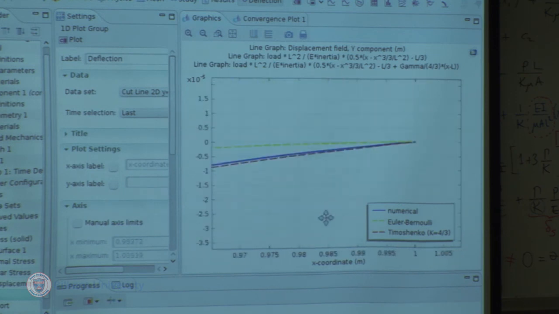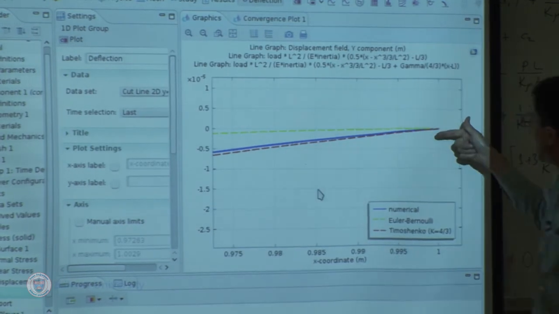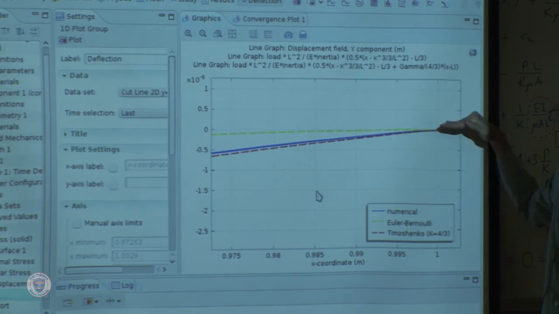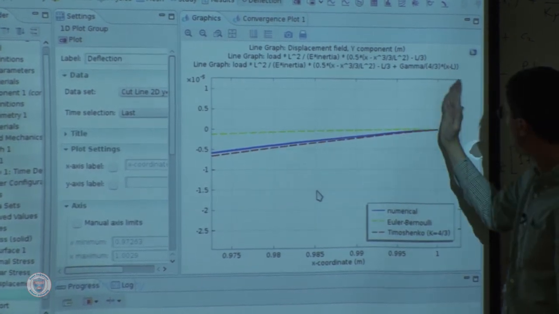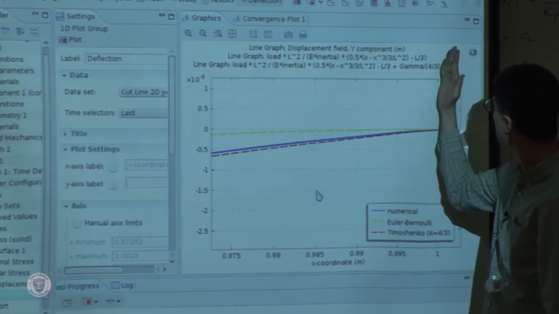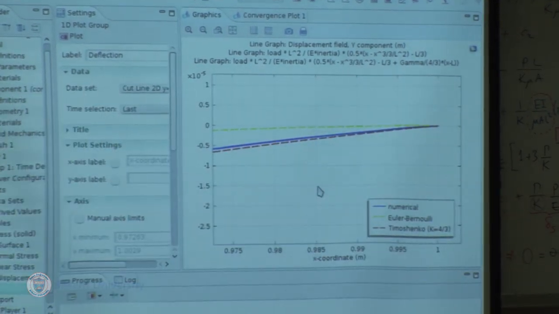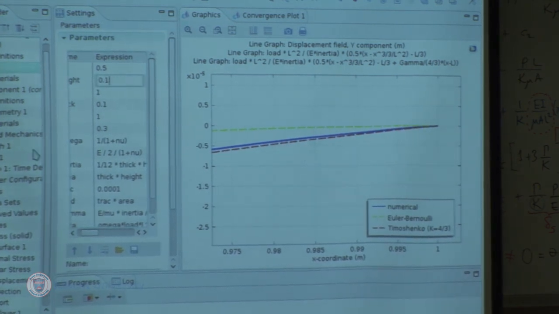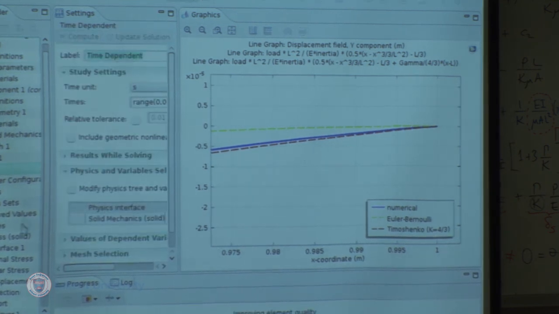Green is Euler-Bernoulli. The slope of the deflection curve is going to 0, right? And this is what I wanted to show you. Timoshenko beam theory and the numerical ones, on the other hand, have a non-vanishing derivative. Okay? The rotation that we're describing is the rotation of that line. So this thing can have a non-zero slope. Okay? And of course, as a final check, when we talk about beam theory, what we're really willing to talk about, perhaps, is something that looks like this. Something that is